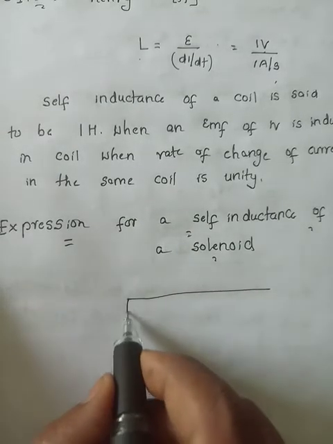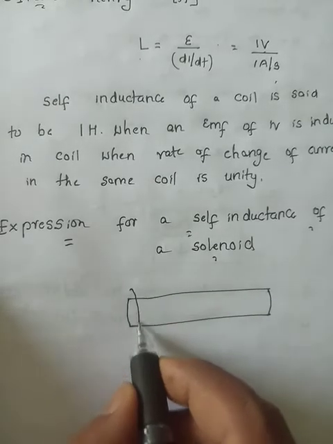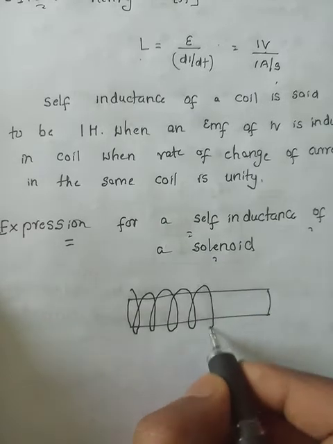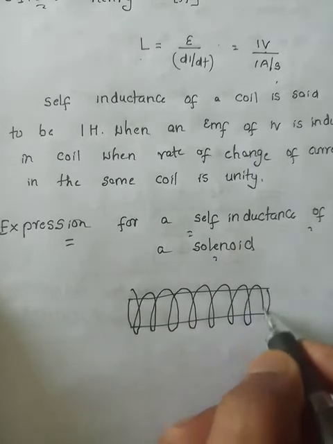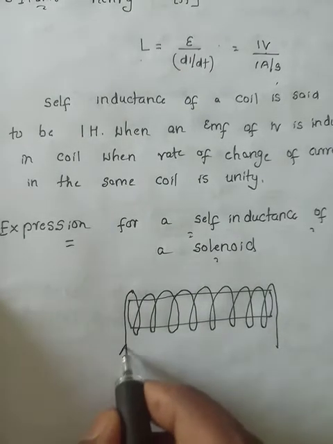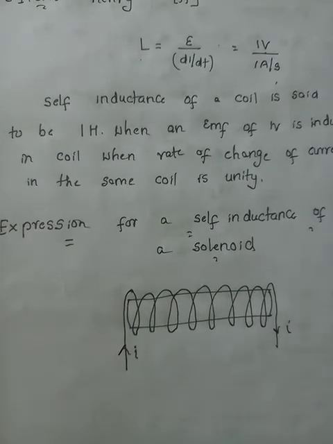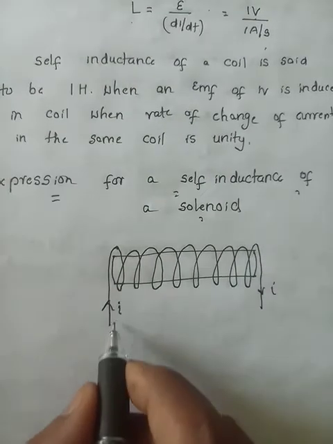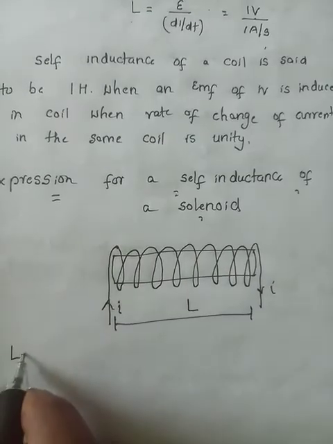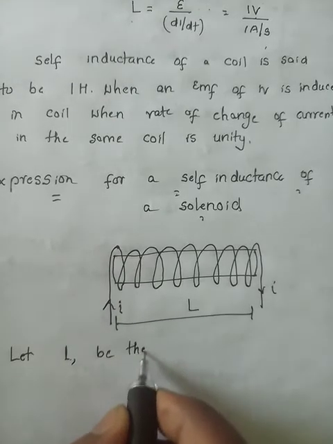Take an insulating substance, on this an insulated wire is wound. Let us assume that the current flowing in this solenoid is I, and let L be the length of the solenoid